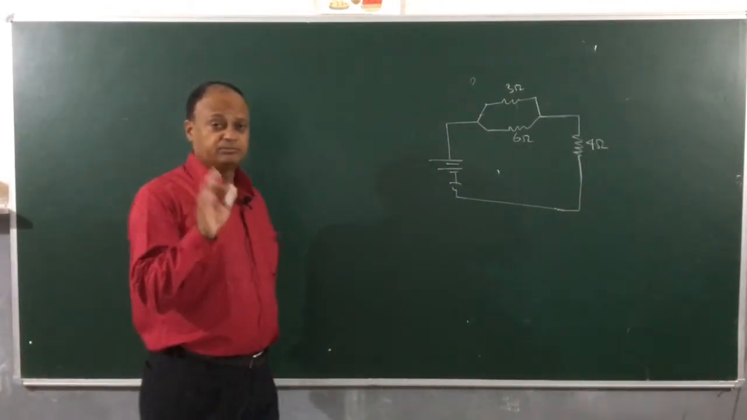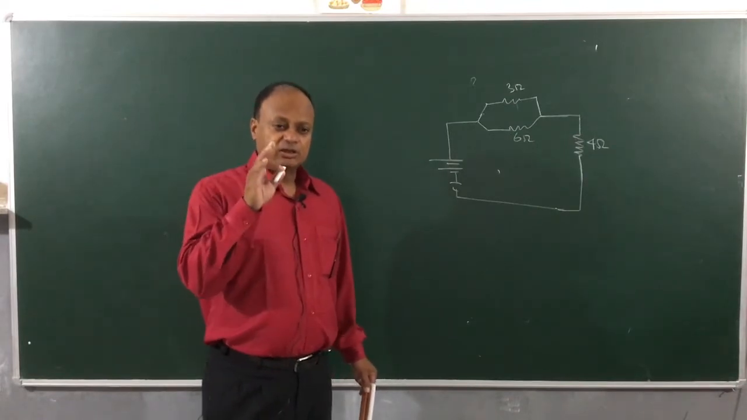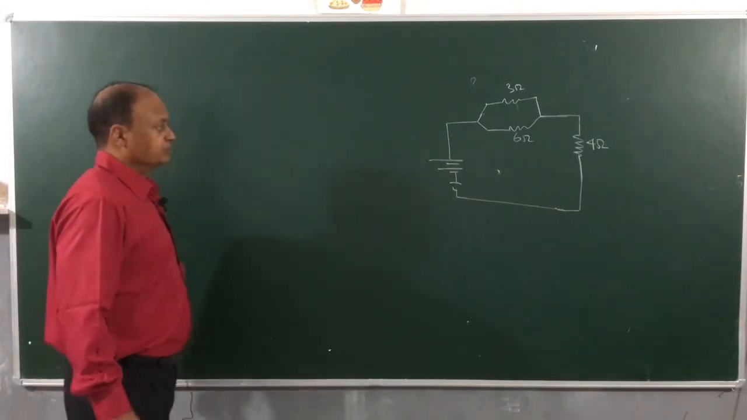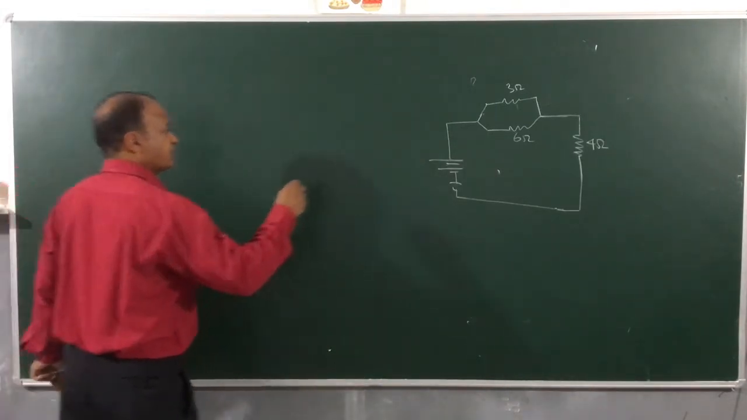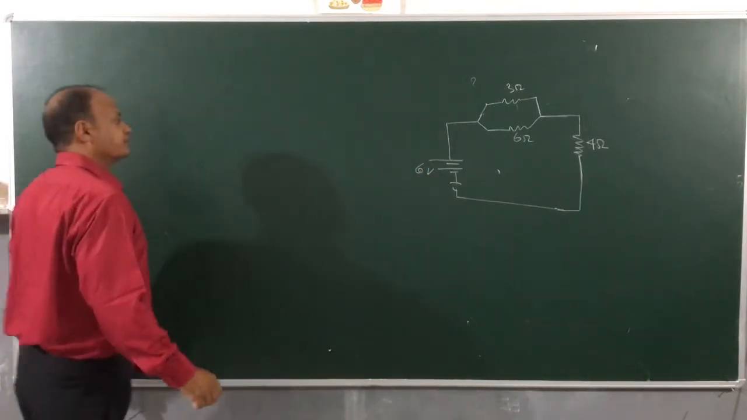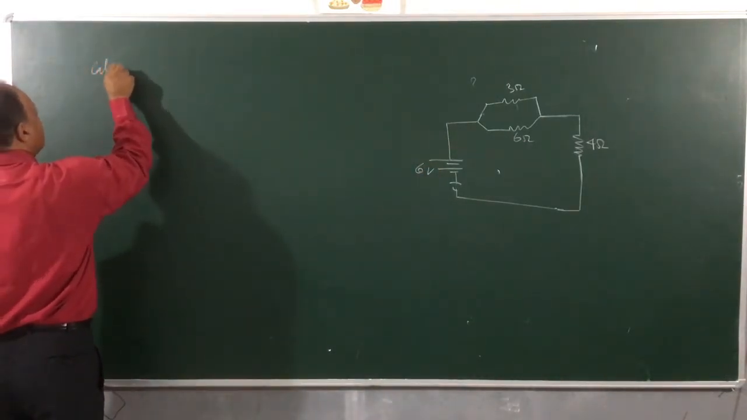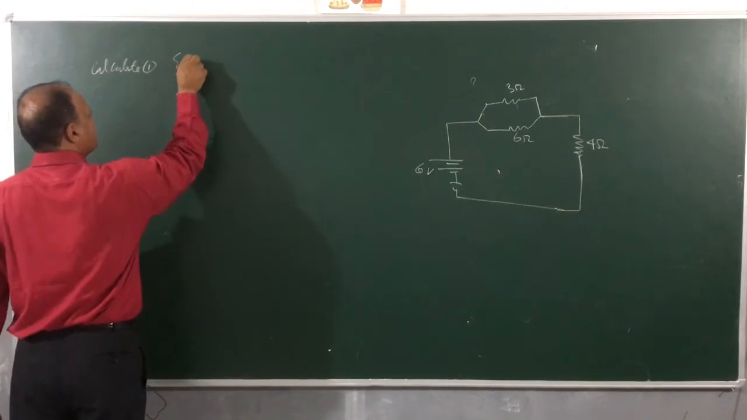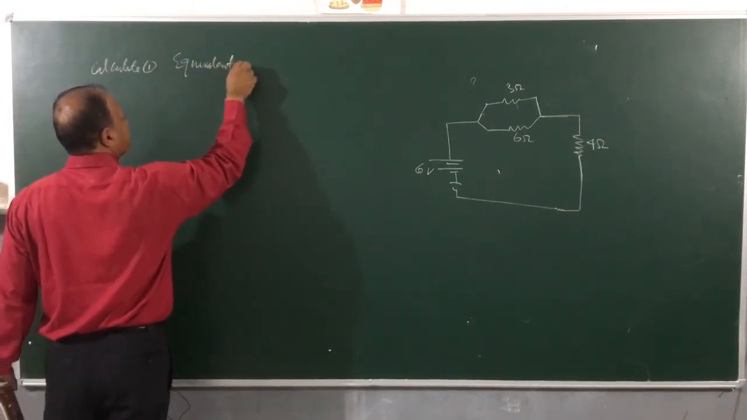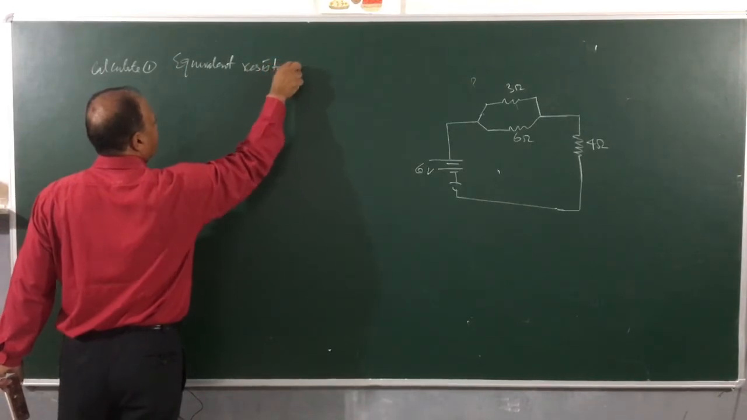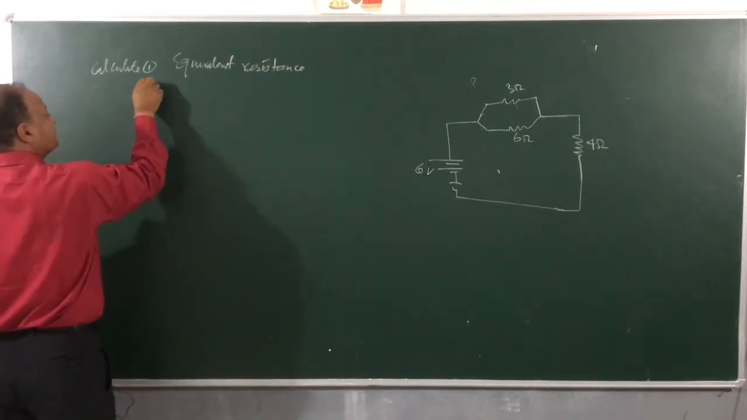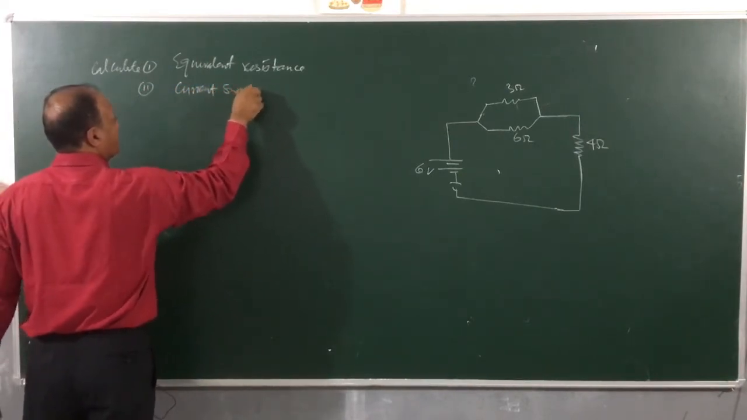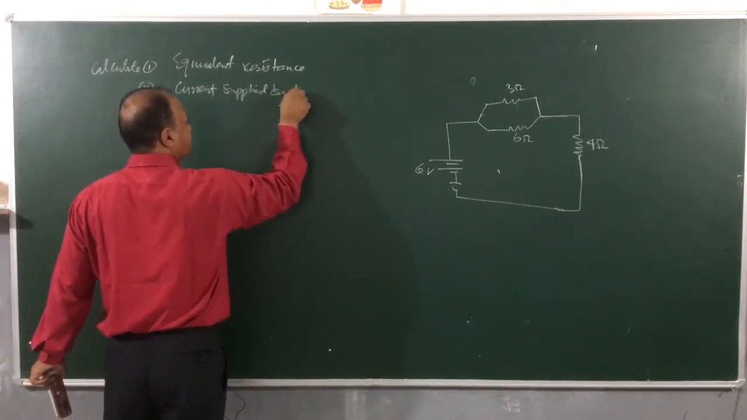Whenever you are dealing with circuit based problems, you have to draw simplified circuits till you reach the final conclusion in your circuit diagram. In the given circuit, this is a 6 volt battery. The question is, calculate number 1, equivalent resistance, number 2, current supplied by the battery,